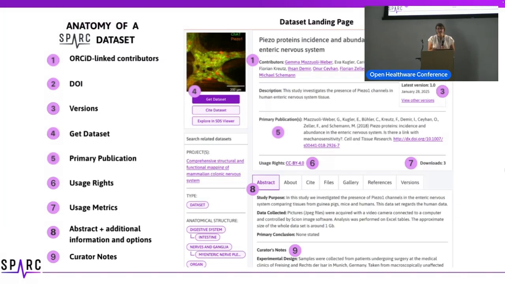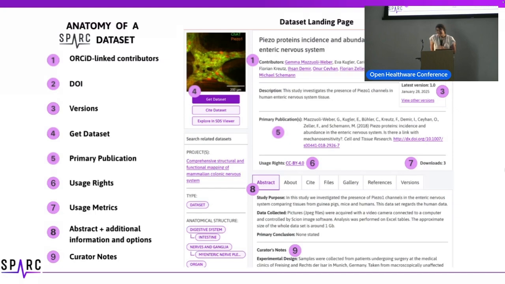You can access and reuse this data using a CC BY license, and so attribution is your only requirement. You can see the interpretation of this data because we link the primary publication. The data set has a DOI, the publication has a DOI, and those two things should cross-relate to each other, so you can find them whichever way they're published.